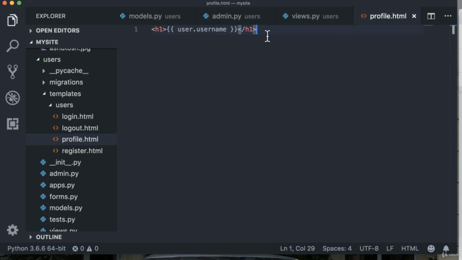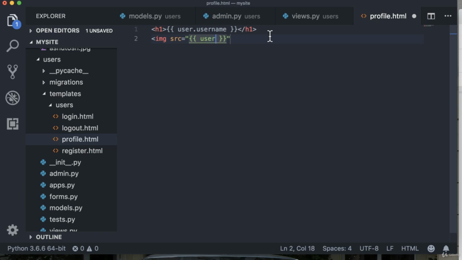to go to the template, which is profile.html. And in here, you simply need to add the image tag. So I'll type an image, and the source for this image is going to be equal to nothing but user.profile.image.url. So if you remember how in the previous lecture we were able to access the image of a profile,